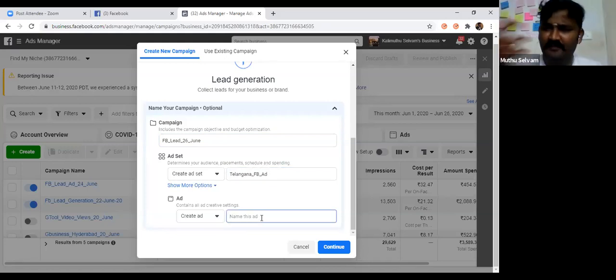What is the ad name? The ad name is only for our visibility. What is our product? What kind of product am I going to sell? I am putting 99 rupees ad lead. This is my product, my product is 99 rupees. This is only for my reference. It is not for Facebook. It is not at all relevant to that.